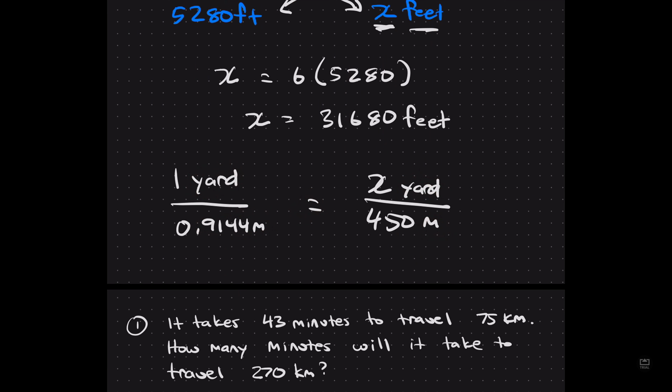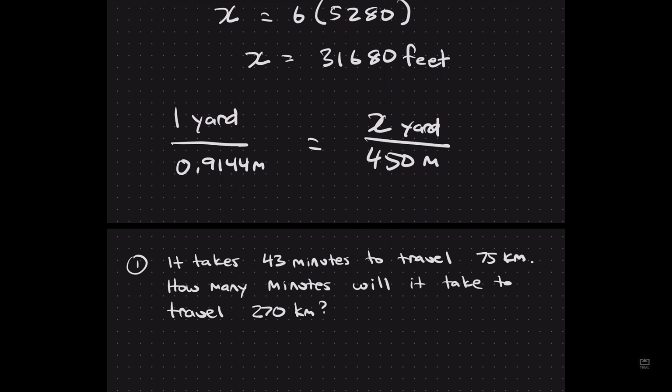And again, I now have two equivalent fractions as long as I make the ratio on this side equal to the ratio that's on this side. And to do that again, all we have to do is cross multiply. So I get x times 0.9144, so I get 0.9144x equals 1 times 450, which is 450. Now I need to isolate the x by dividing by 0.9144, and doing the same on the other side, and that will cause these to cancel out, leaving me with x